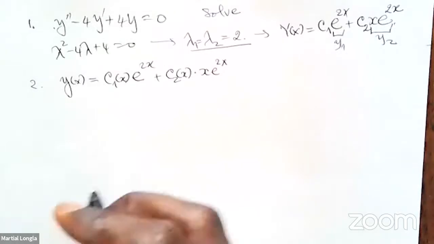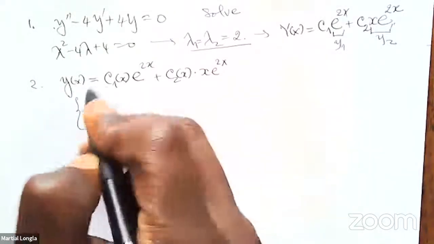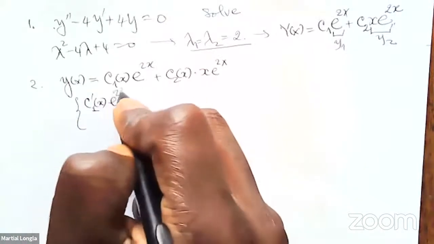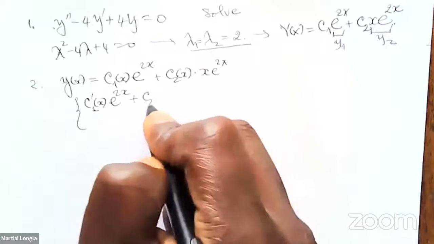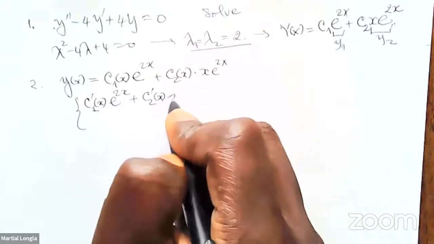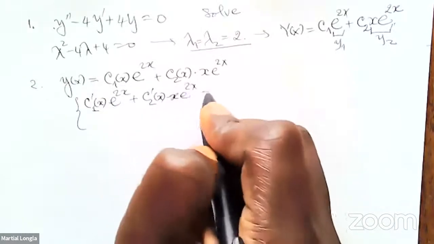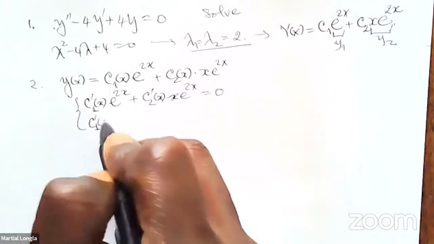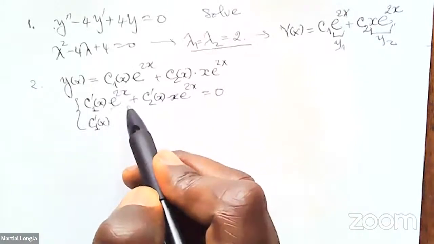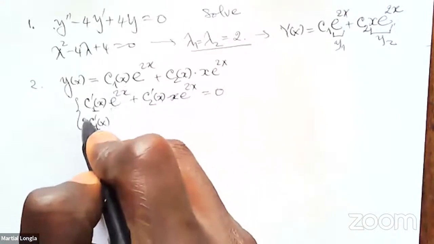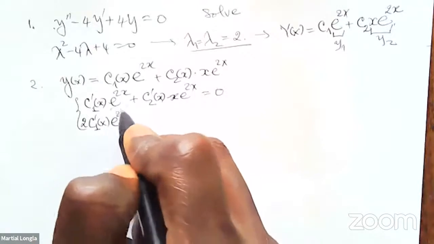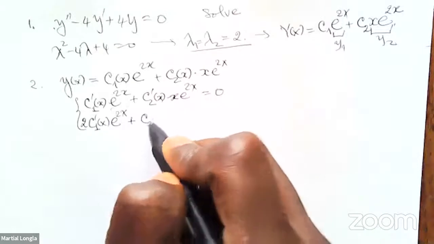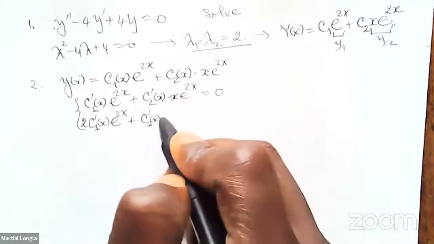And so my system is c1 prime of x e to the 2x plus c2 prime of x x e to the 2x equals 0. And the second equation is c1 prime of x, and then the derivative of e to the 2x, which is 2, so 2 comes here, e to the 2x, plus c2 prime of x, times the derivative of x e